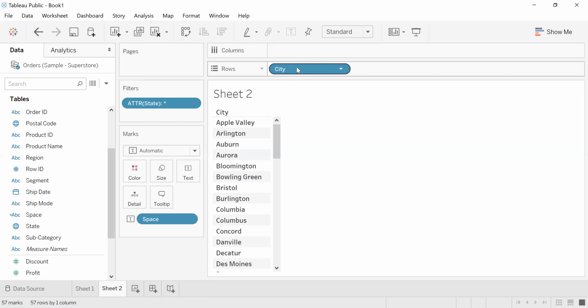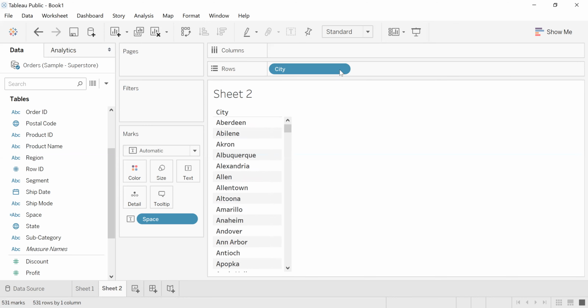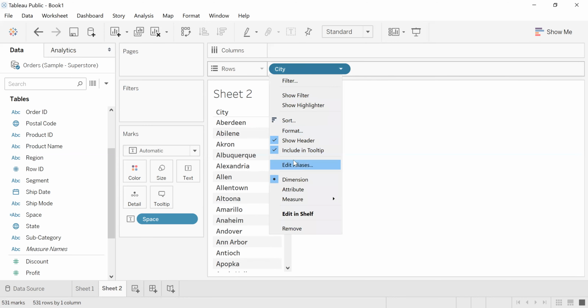Now it will show as a star, which one to show. So it will come as a star. If I filter based on a state, because cities fall under a state, I will filter on the state and try to get the names of the cities. Suppose I remove this from here. Now this is coming multiple times, and if I apply star on that, it will show all the values.